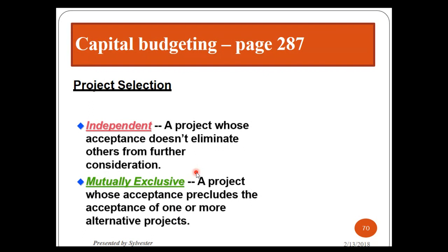Mutually exclusive, it means there are various projects. You can rate them according to their importance or according to the generation of revenue. We have got 1, 2, 3 projects. We can go and select all those projects, but we select them according to the order. Okay, so with the mutually exclusive, it means even if I choose this project, I can still be able to deal with the other projects. Okay,